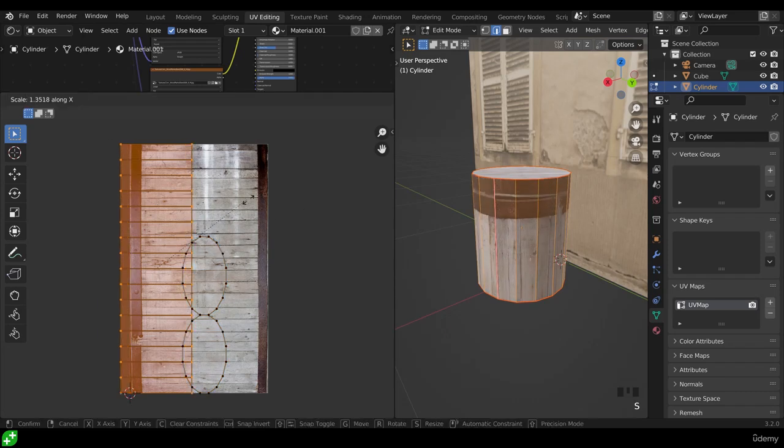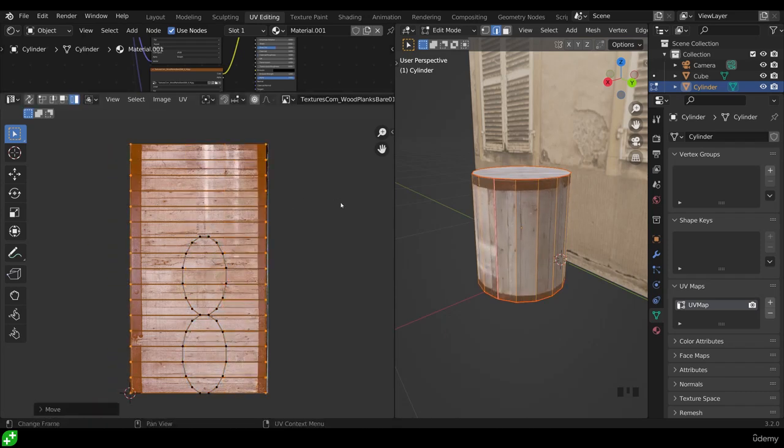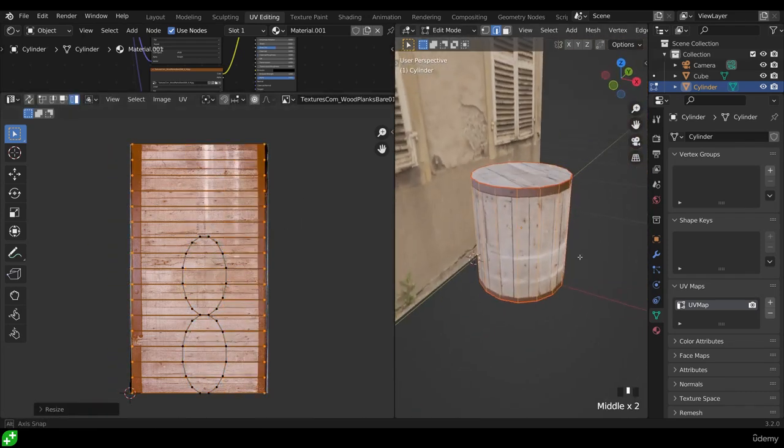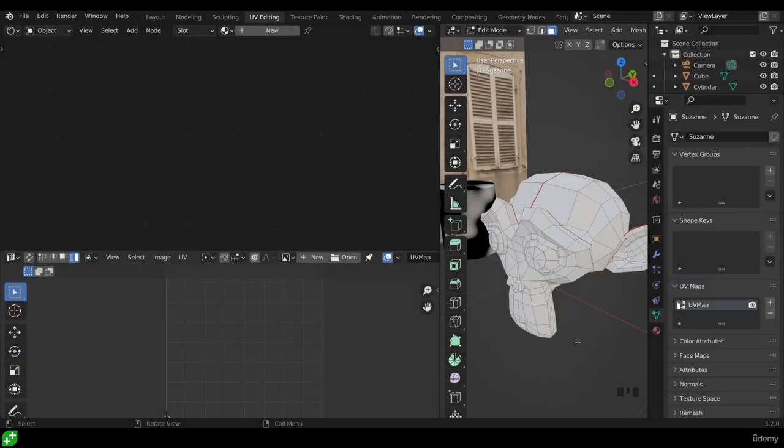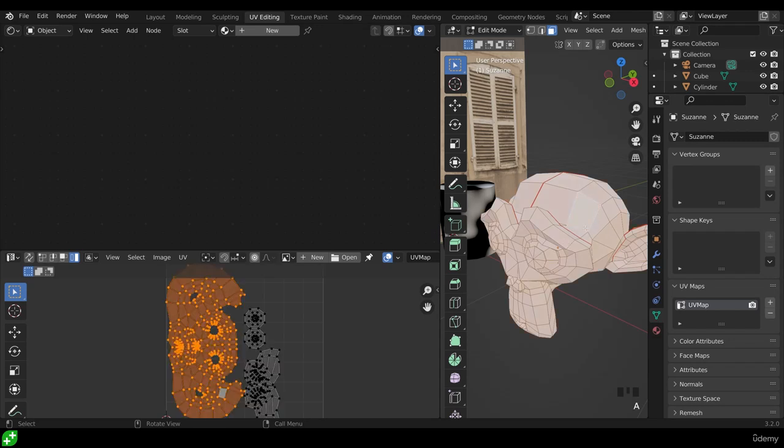In this lecture, we'll continue our understanding of UV mapping by marking our own seams and placing a barrel texture onto our barrel. So here's where we got up to last time, and I'm still in edit mode for the monkey head. I'm going to quickly show you what happens if we clear all the seams on this monkey and try and unwrap it. So if I select all with A,